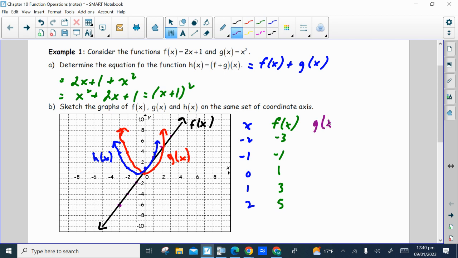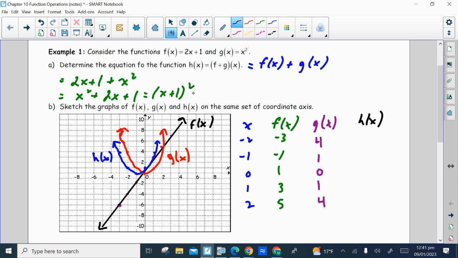Now for g at x, which is x squared, all the x values get squared. -2 squared is 4, -1 squared is 1, 0 squared, 1 squared, 2 squared. And then finally for h at x, if I use the original equation, x squared plus 2x plus 1, or